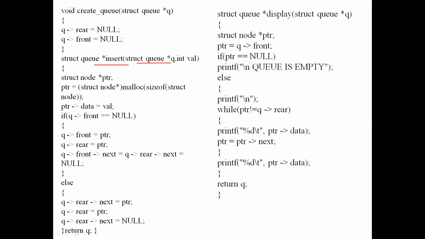Then you are creating a pointer variable and creating a node using malloc. Okay, that's done. Whatever we did in the algorithm part is done here. If front is equal to null, that is, if there is no element at all. The else is for when there is an element in the queue. That's all. You have to remember it like this.